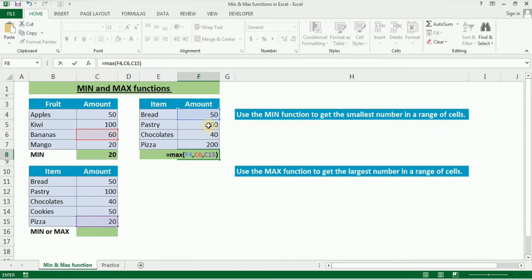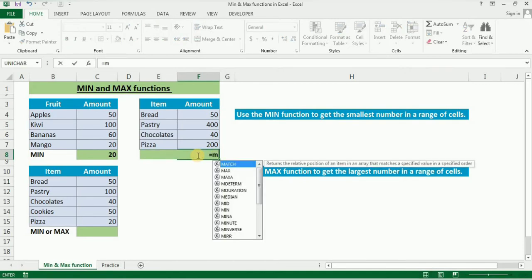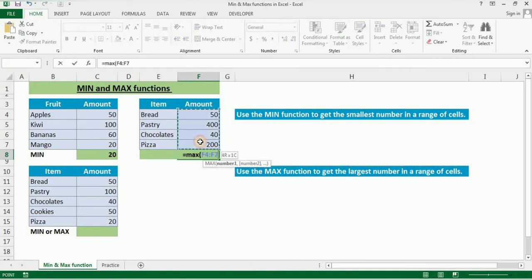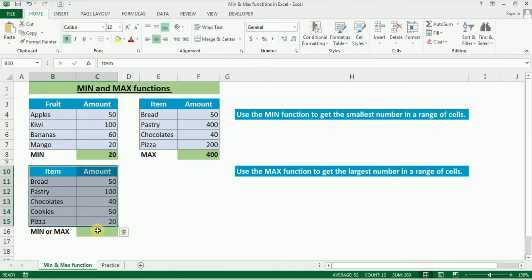Out of these 3 cell selections, the maximum is 60, banana is the maximum value 60, right? So it will automatically come as 60 instead of 400. But if you select the range, it should normally come as 400. So MAX, and then I'm selecting the range, so it's showing me 400. This data I'm giving you for practice, so you can download the Excel practice file from the link given in the description box, and practice both MIN and MAX.